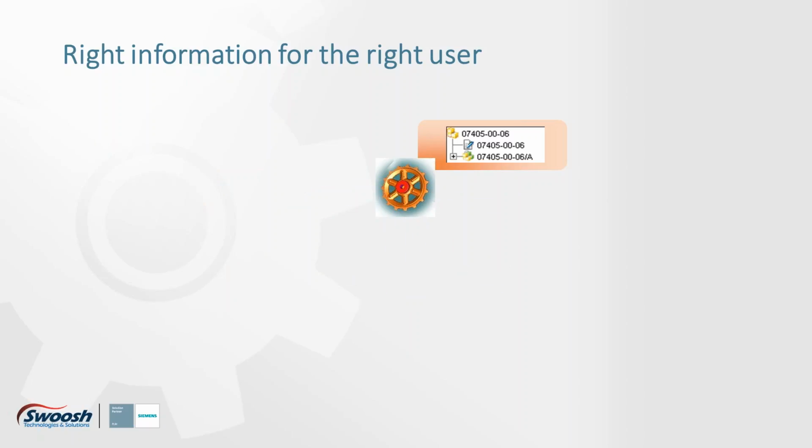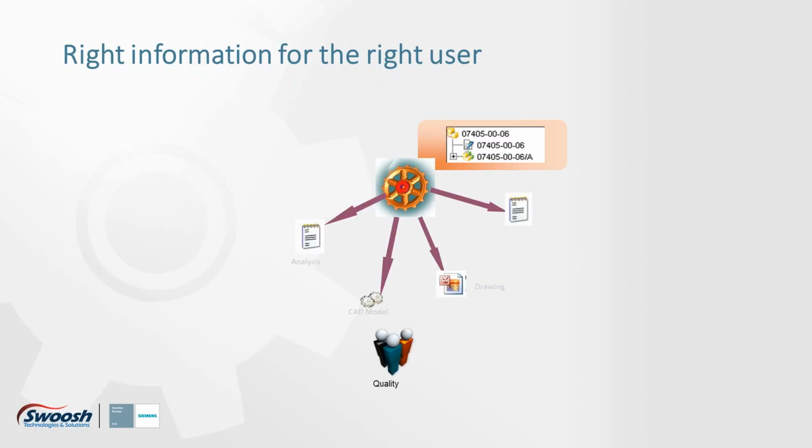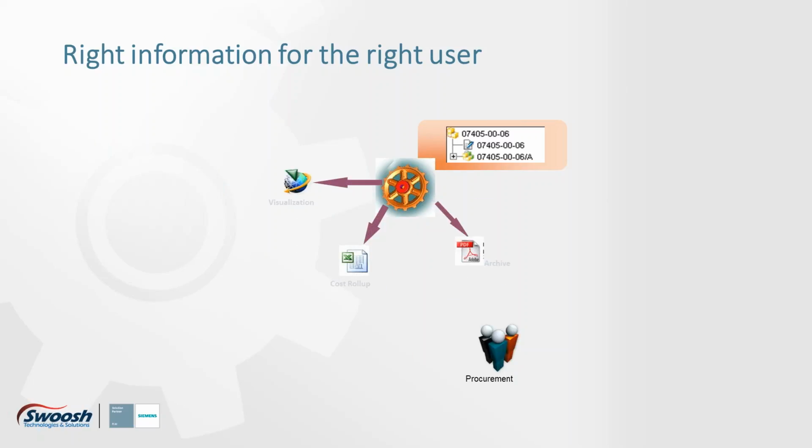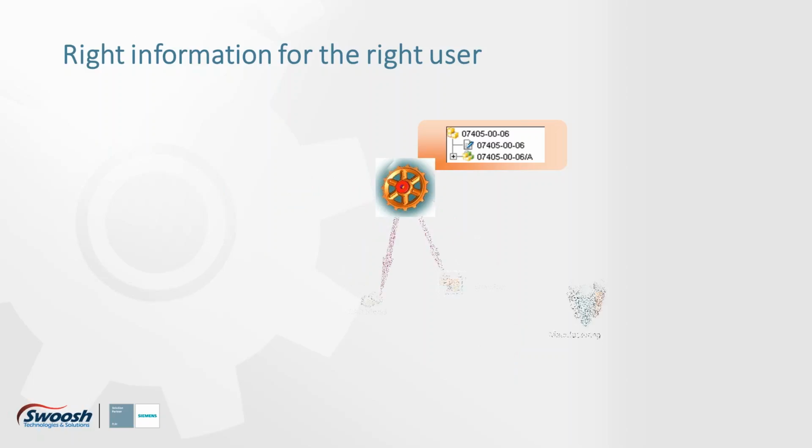If somebody in marketing looks up that product, there are pre-configured roles and groups that allow him to only see what we're allowing him to see. So in this instance, he's able to look at the visualization, probably some specs and some cost roll-ups, and a couple of pictures because they're marketing. But the point is that they just look up that one product and they're able to see all the data that's relevant to it and the data that they have access to. You could even be a supplier, a vendor, logging into the database. Using their credentials as a supplier, they're only allowed to see what you allow them to see, but they're able to look up that part and see all the relevant data.